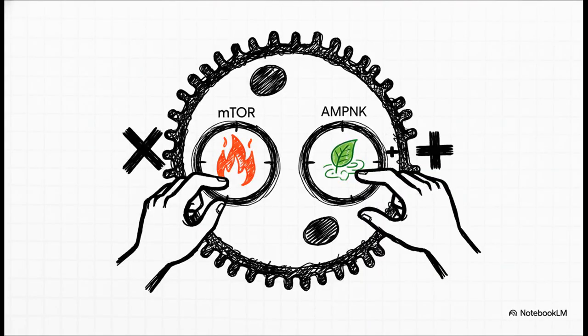And what's really exciting is that scientists already have specific molecular targets in their sights. They're looking at ways to block proteins like mTOR, which is kind of like the gas pedal for that pro-inflammatory state. And on the flip side, they're looking at how to activate sensors like AMPK, which acts as the brake, telling the cell to stay in its calm, energy-saving mode. It's all about gently persuading the cell's internal machinery to choose tolerance over inflammation.